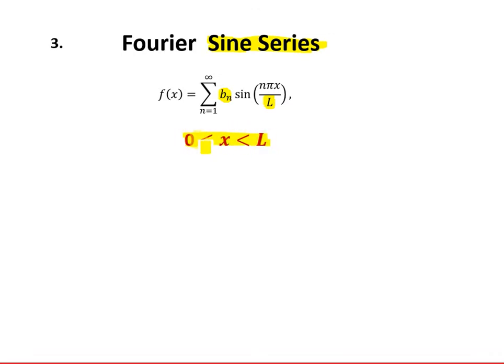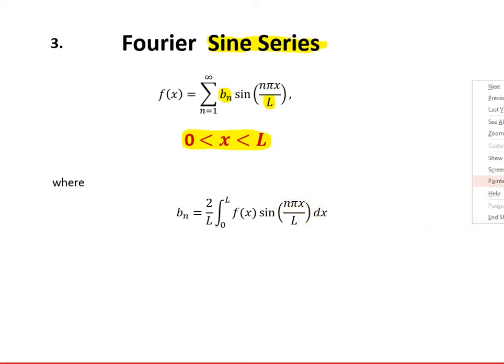This is the Fourier sine series defined over the function from 0 to L. So again, the interval of length L. That is why this is also called one of the half range Fourier sine series. Now how do we find the value of bn? Since we have only one constant bn, we have to find only the value of bn. So bn is given by 2 over L, integral 0 to L f(x) sine n pi x over L dx. Okay, this is the thing.